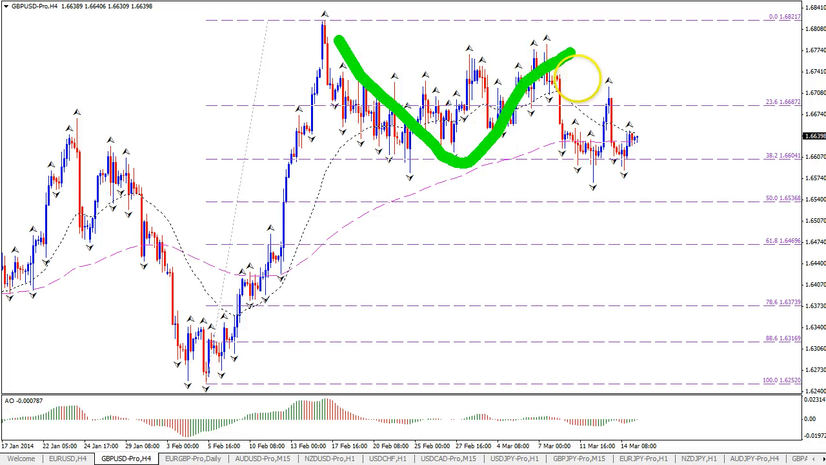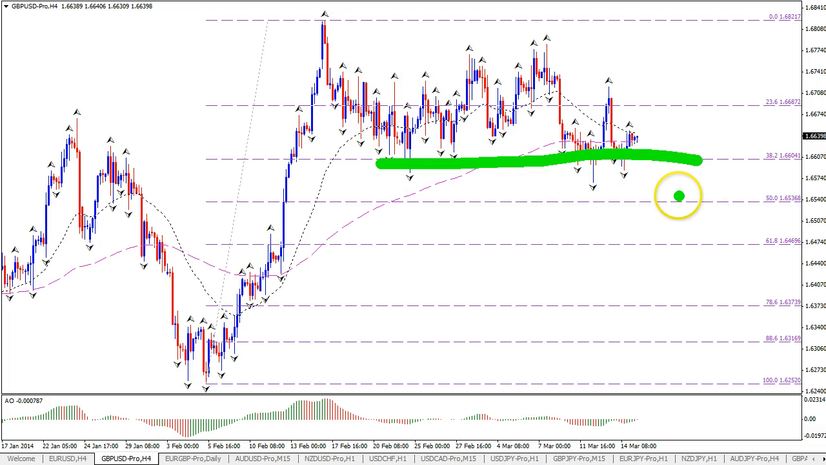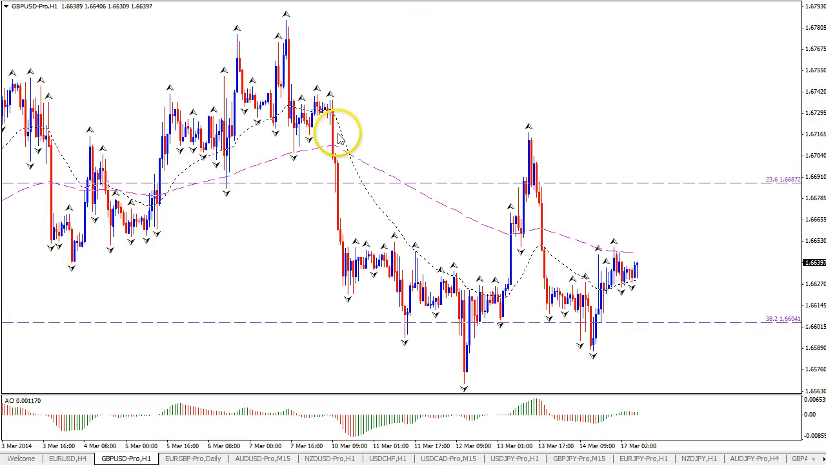This is lasting pretty long, and it's taking a long time to play out. We're still just basically above or around the 38.2 fib. If price gets to the 50, that could be a bouncing spot for the upside, right? That's at 165.37. In the meantime, though, if we zoom into the hourly, we can see there's a lot of